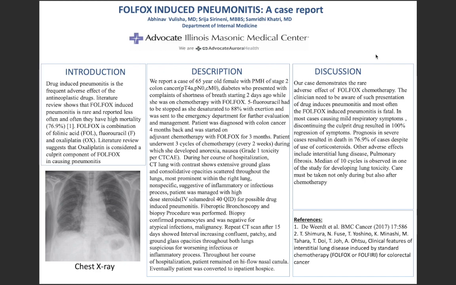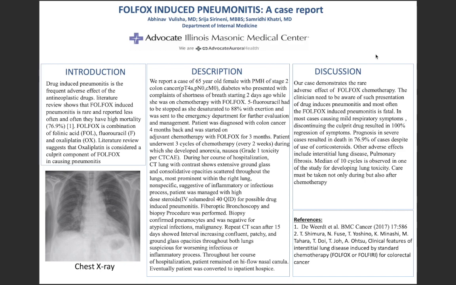We report a 65-year-old female with a past medical history of stage 2 colon cancer who was diagnosed recently and was planned to start on Folfox chemotherapy for 2 months. It is given every 2 weeks and it is, I think, 6 cycles. This patient has received about 3 cycles, and during the fourth cycle, she started to have